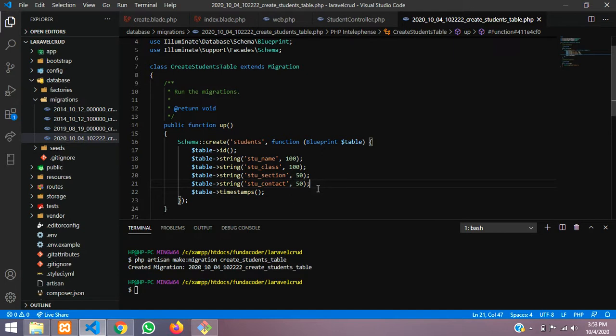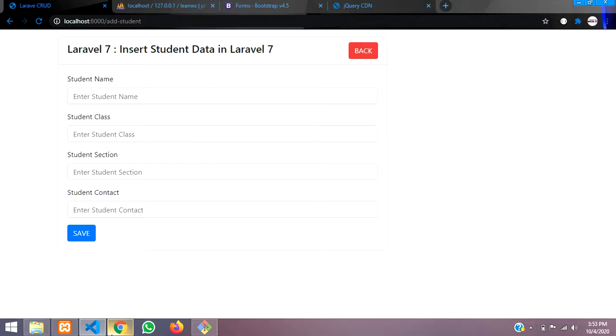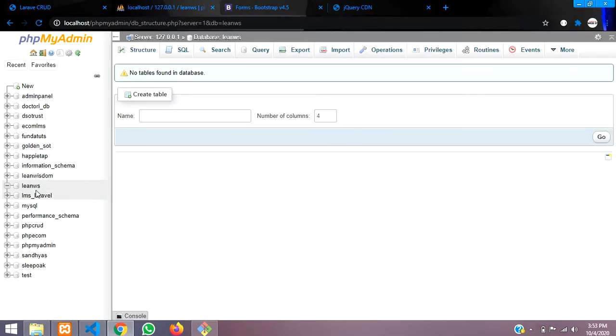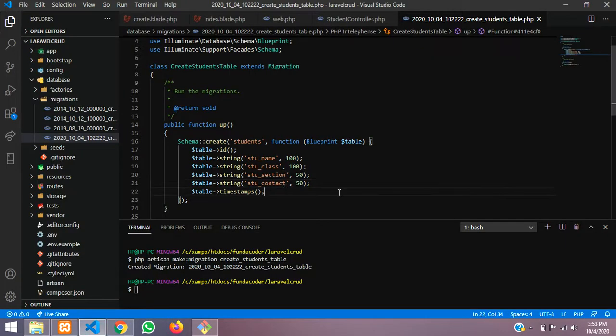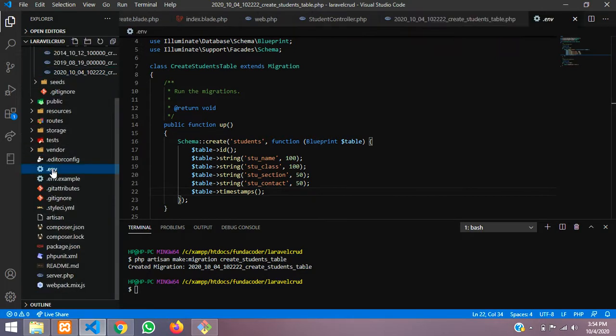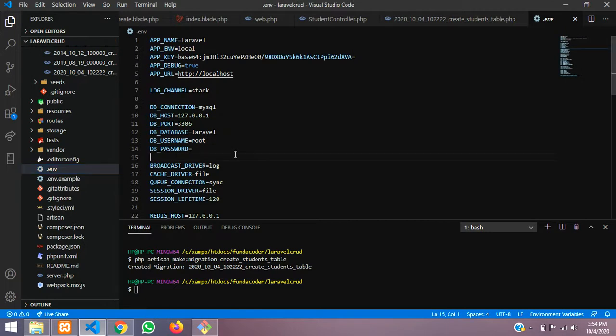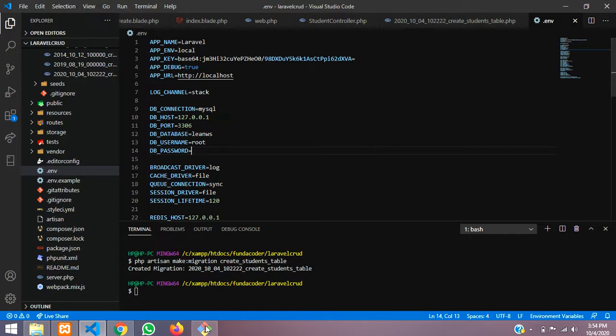So guys, now let us migrate this table. First, type the command, like you can see, find over here LEANWS. Let's copy this and set up the database first before migrating it. So guys, now first you have to go to your env file. Just click on it, and you can see that it's written Laravel, so it's not Laravel. My database name is this, and this is root, password I have none. So once you change the env file, make sure your